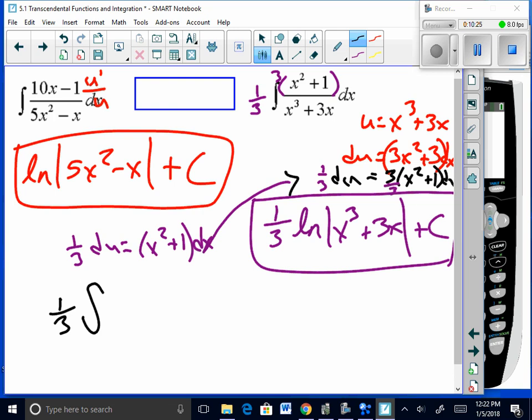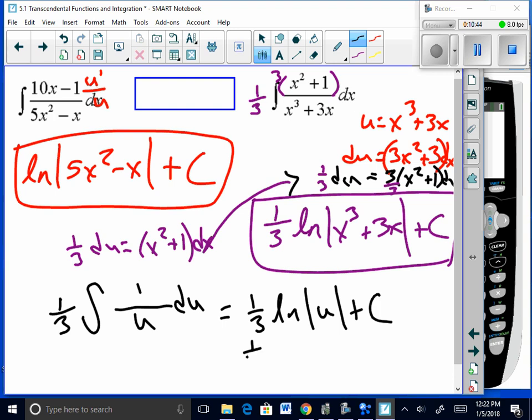And then the x squared plus 1 dx goes away and just becomes the du. The denominator, x cubed plus 3x, is the u, and then just put a 1 right there. So you see that we're going to end up with the same answer of 1/3 natural log absolute value of u plus c, and then you would have replaced the u back in. So sometimes it's easier if you can recognize that you can just multiply the top and bottom